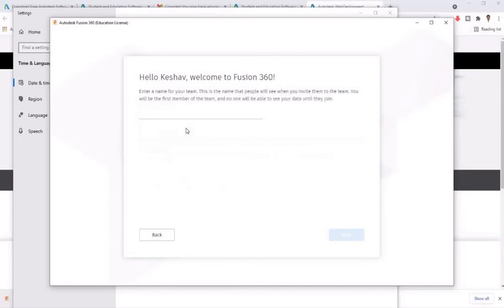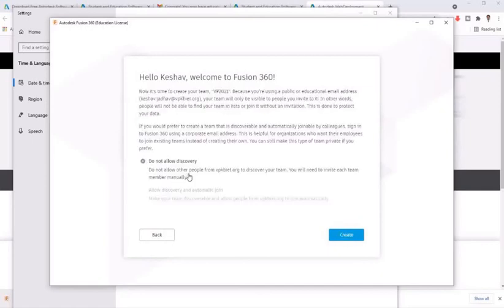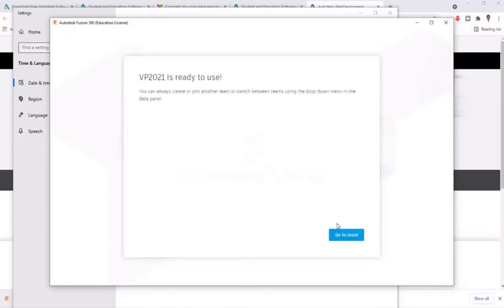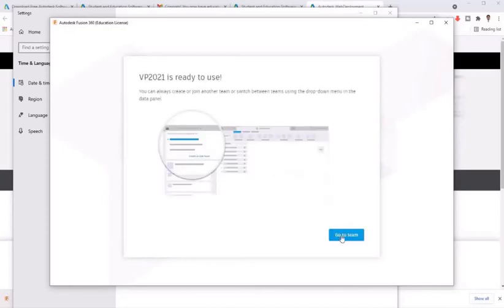In this way our education license will be activated. Here we can create a team. I have created a team with the name VP 2021. Our students can join this team. Click on create. VP 2021 is ready to use.